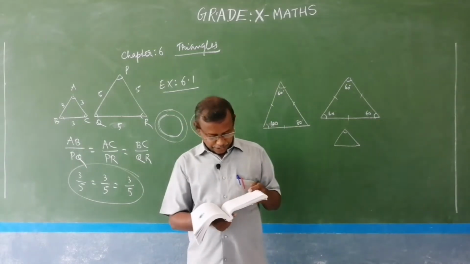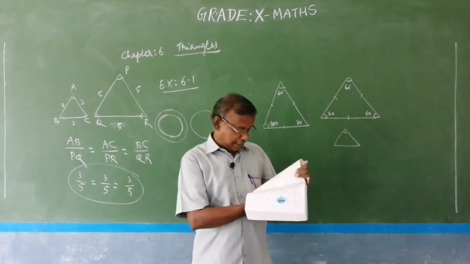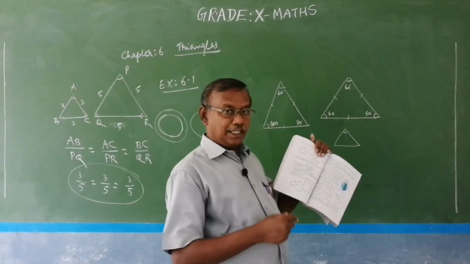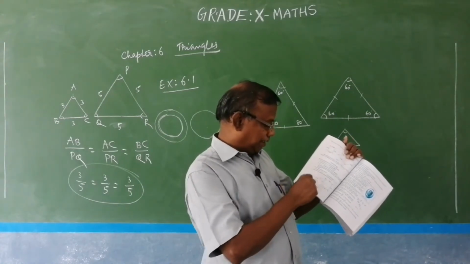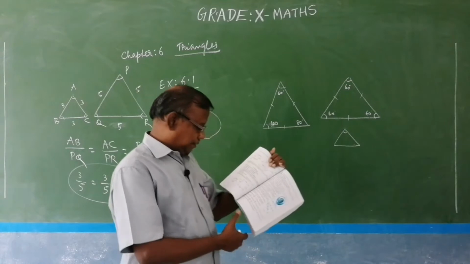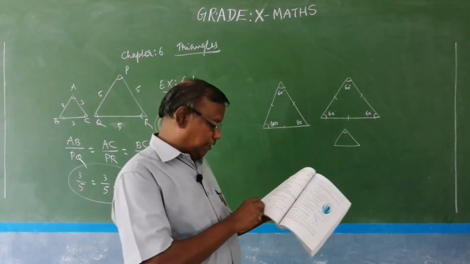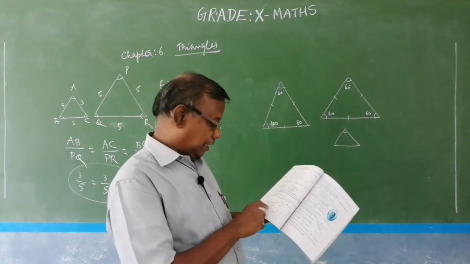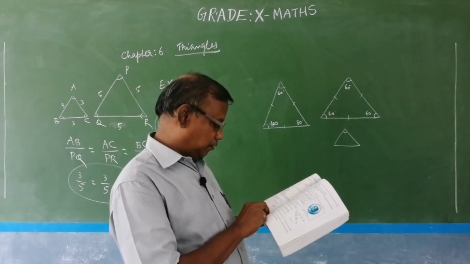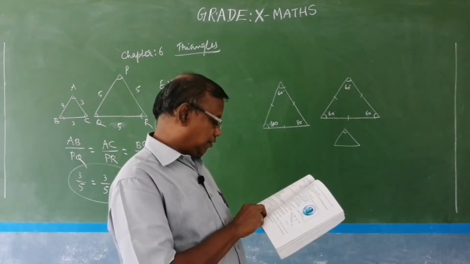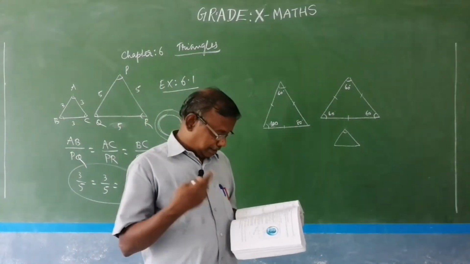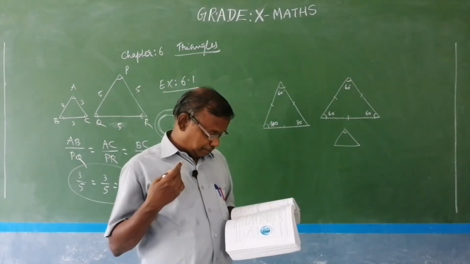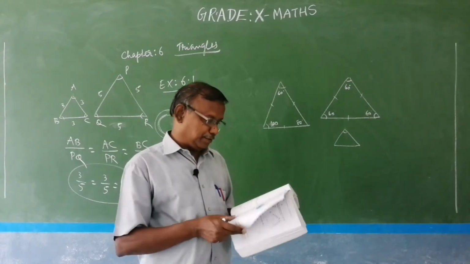First one is a rhombus. Clearly you can see the sides are equal and the opposite angles are equal, that is, opposite sides are parallel, but no angle in it is 90 degrees, therefore it is a rhombus. And the next one is a square. Whether you can say they are similar or not, this question also I am expecting you to answer.